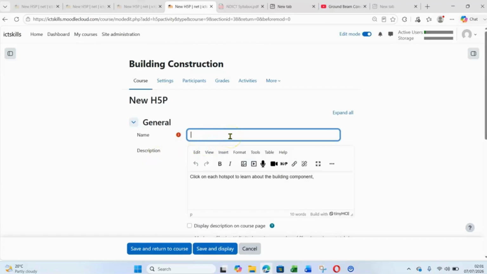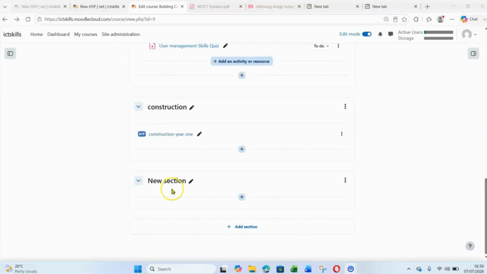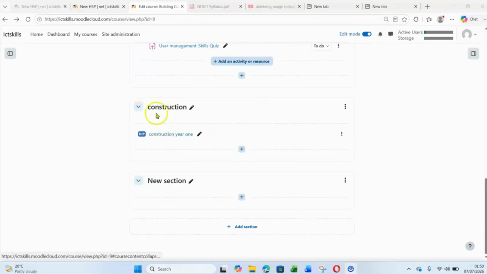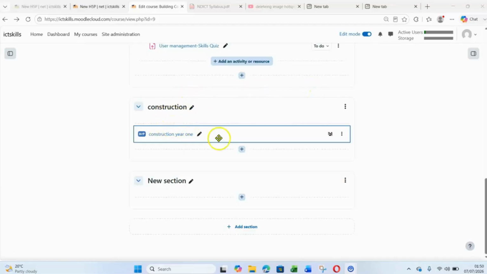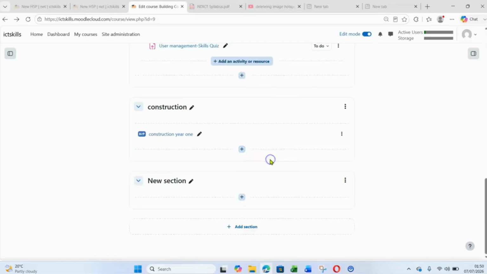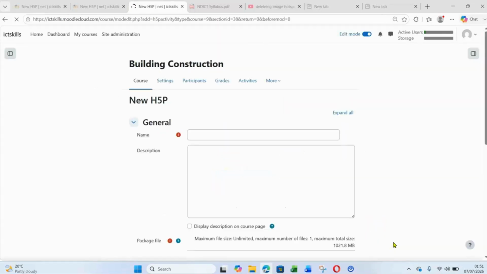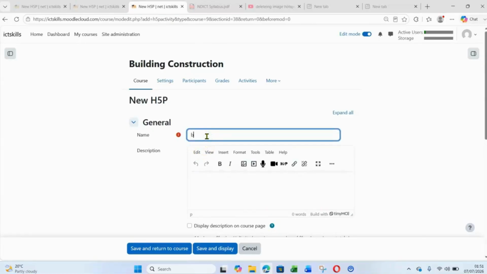Then this is going to be building components. So we shall create an activity. We come to any section. For example, here I have a competence area called construction. So I want to create an activity there. I choose that. Then H5P, I add the name building